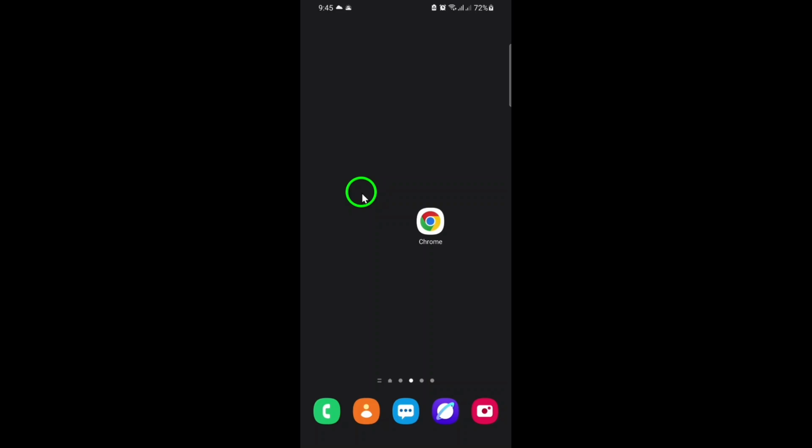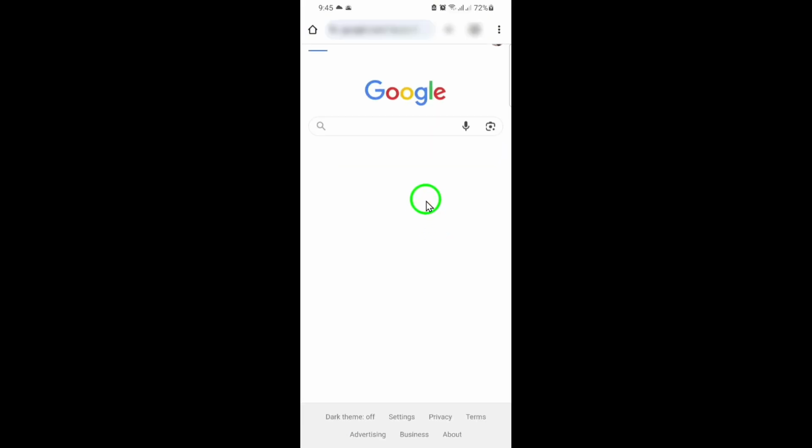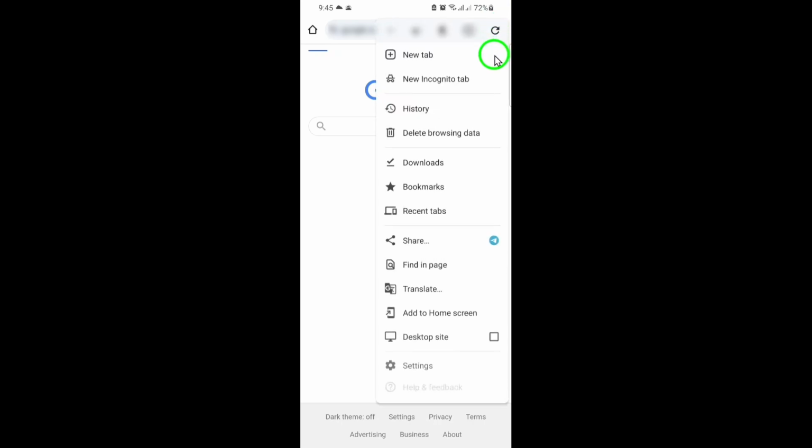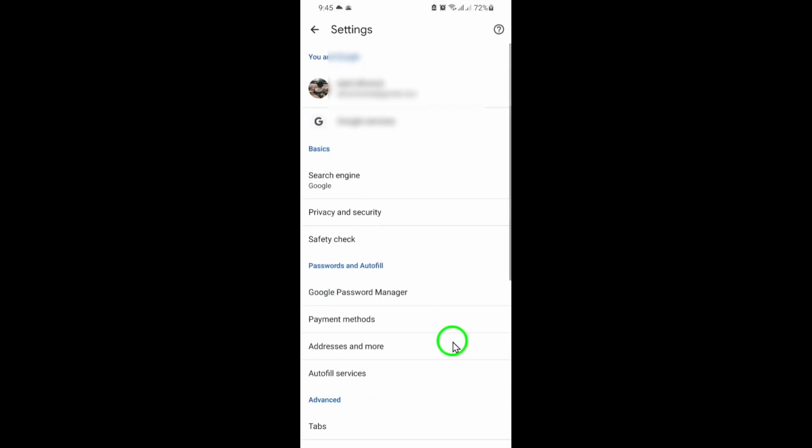Let's get started. First, open Google Chrome on your device. You can do this from your desktop, taskbar, or however you normally launch your browser. Once Chrome is open, look to the top right corner and click on the three dots to open the menu. From there, select Settings. This takes you to Chrome's main settings page, where you can control everything from privacy to